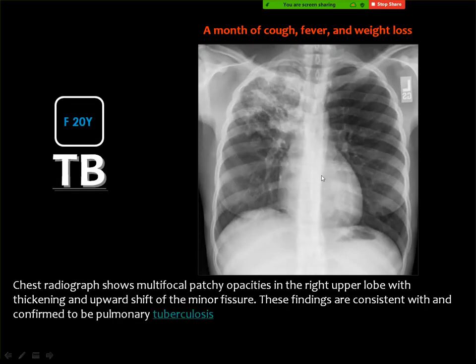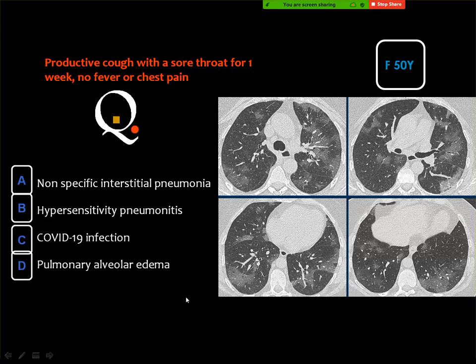Then an appearance like this is a stimulus for the diagnosis of TB whenever you see an infiltration in one of the upper lobes or both of the upper lobes, especially if you can see cavities and also if you see some calcium. Then the following case, Doctor